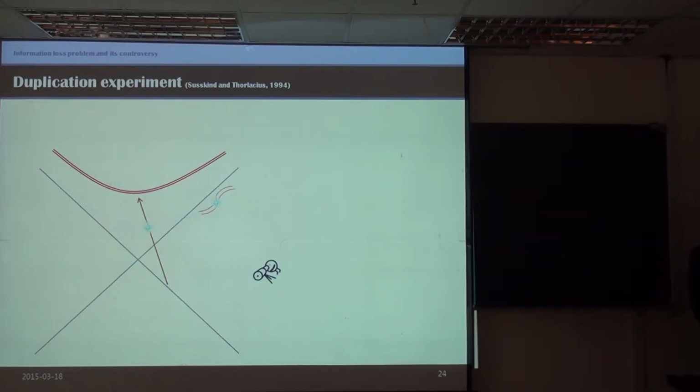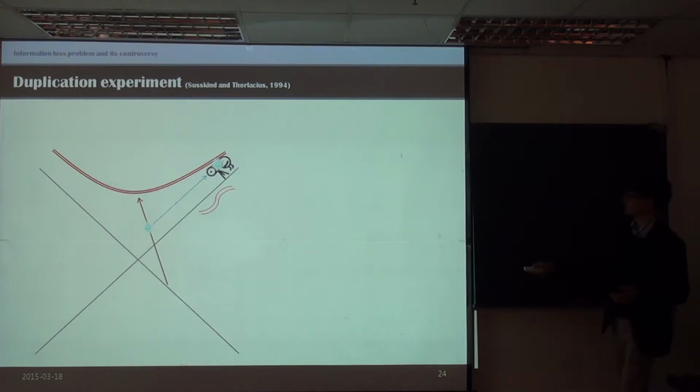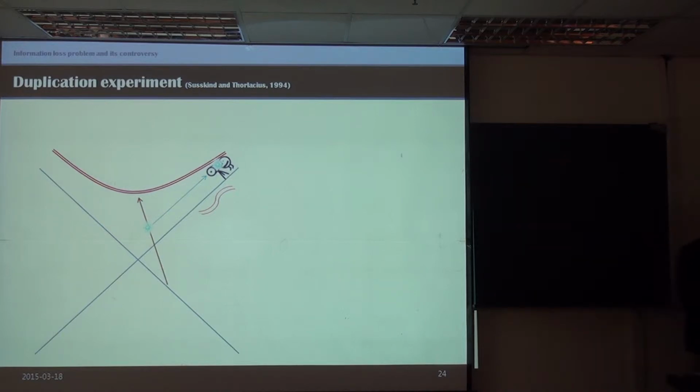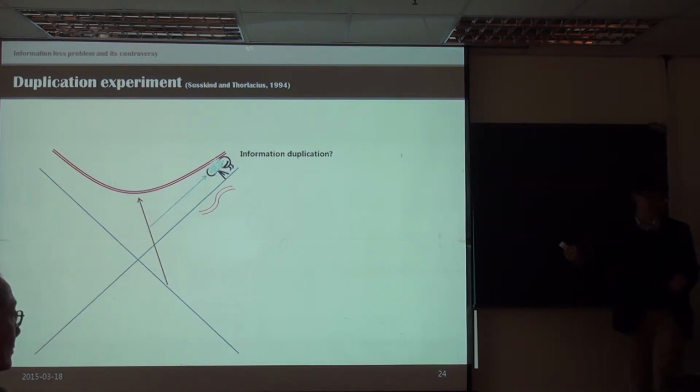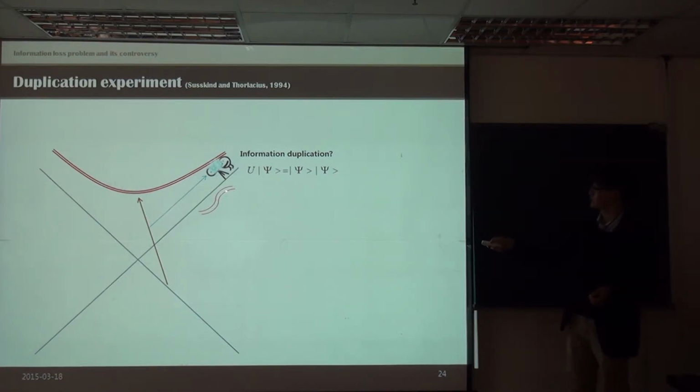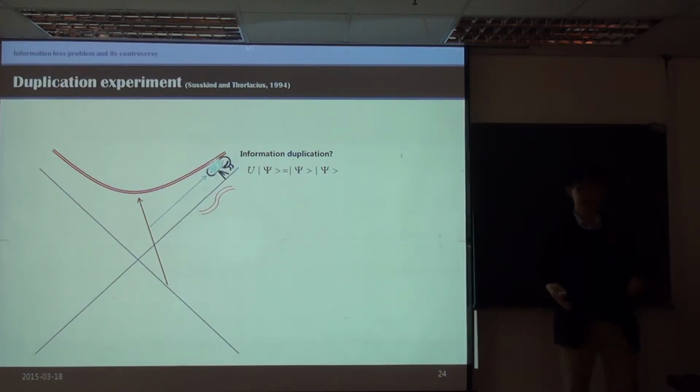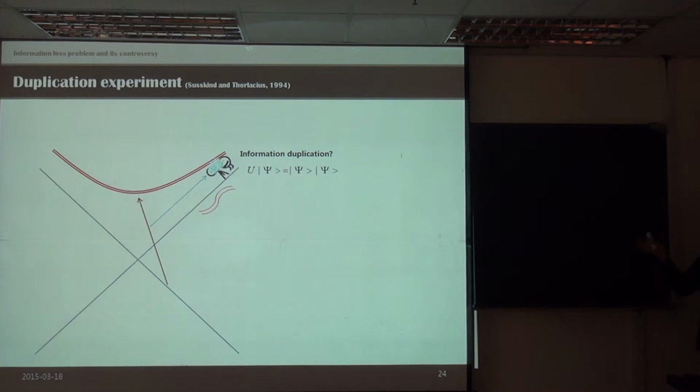Let's say that there is an observer who approaches the event horizon and detects Hawking radiation, and then fortunately falls into the black hole. Also fortunately, if the infalling information is scattered in the outgoing direction, then before touching the singularity, this observer can see both pieces of duplicated information. If this happens, then for this observer, physical laws and unitarity are inconsistent, because the information is duplicated and really observed. Then black hole complementarity is inconsistent. This experiment was already